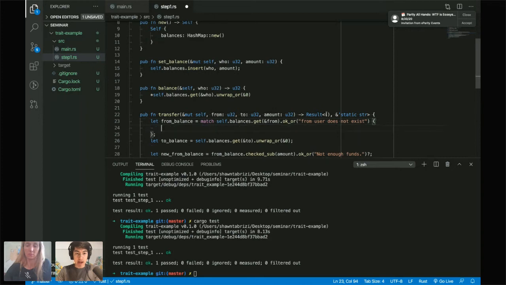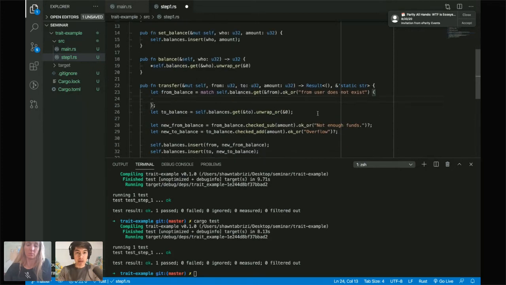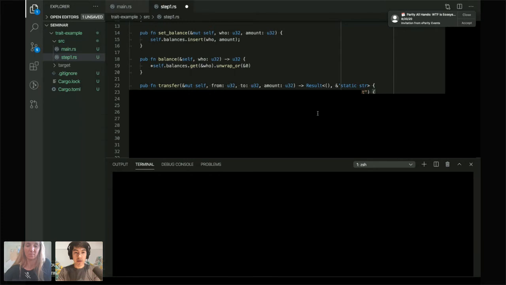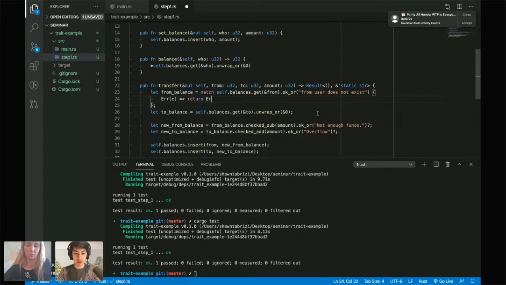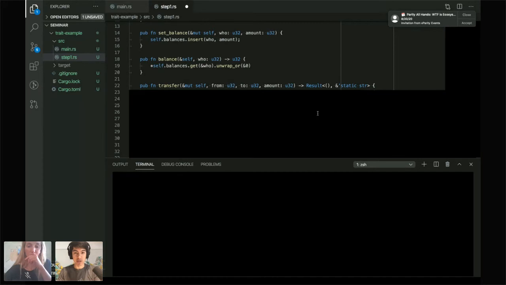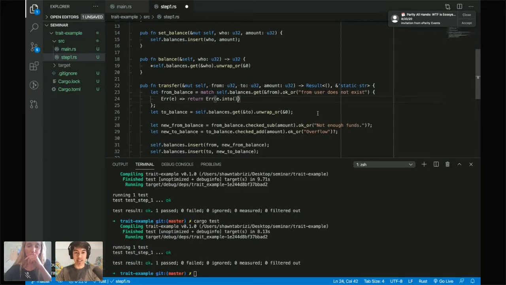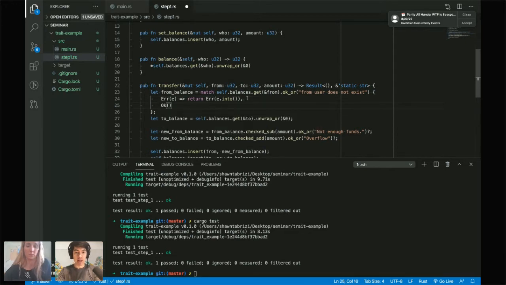And I can either, if it's error, with some error message, I can, oh God, the lag is really killing me. Return error, error E. And actually, I think I was told that this is dot into. So we don't need this dot into, but I guess this is what the question mark operator would do. And otherwise, if it's okay with some value,